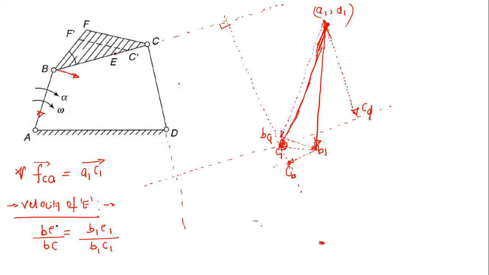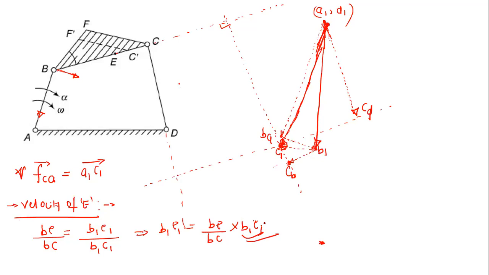The direction could be changed, but since we are interested in locating this point E1, the acceleration of E relative to A, this is what we are interested in. Once you locate this point E on this vector B1 C1, it doesn't matter what the direction is, because we ultimately know the direction will be A1 E1, like this one. I will show you. Now you can simply calculate in this way: B1 E1 is equal to BE by BC multiplied by B1 C1.